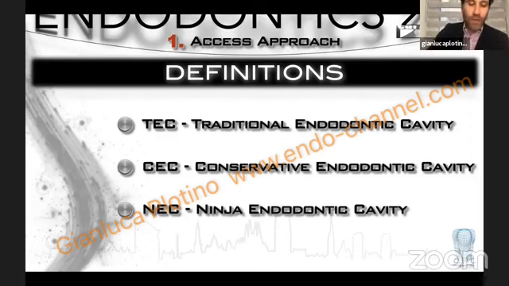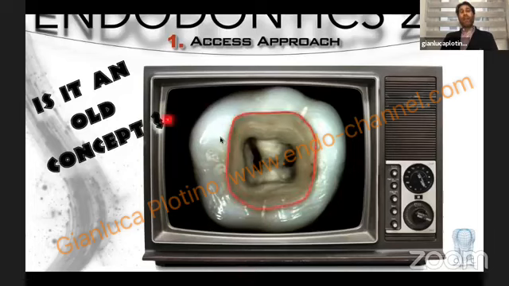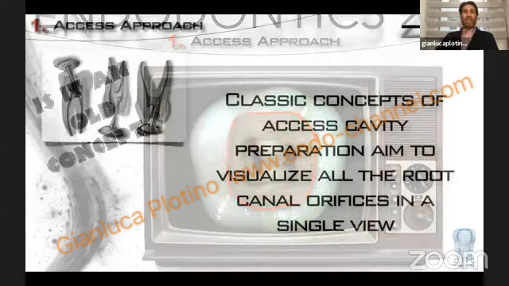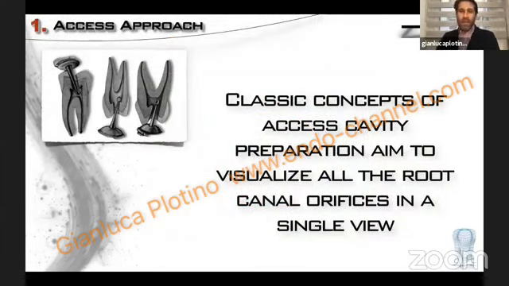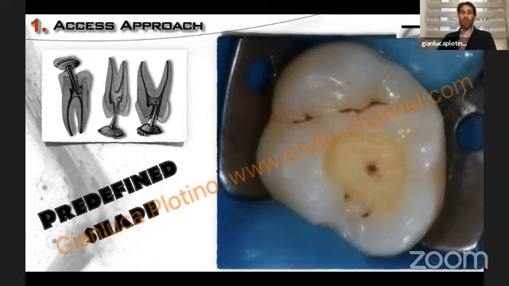endodontic cavity. So we all know that the traditional endodontic cavity is an old concept, because it aims to open very, very large cavities without any undercuts, with divergent parallel walls, having a look on all the root canal orifices. But this is the classic concept of access cavity preparation, that was linked with the opening of a predefined shape on our occlusal surface,